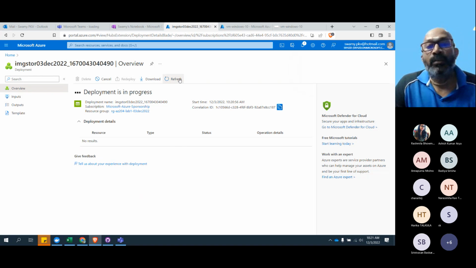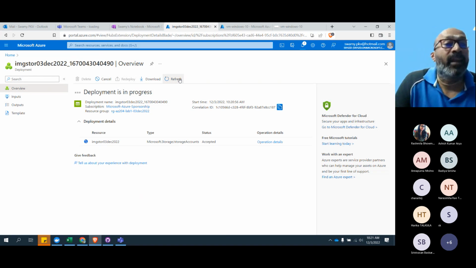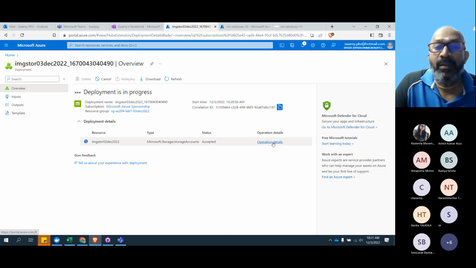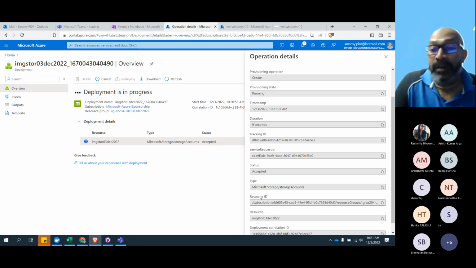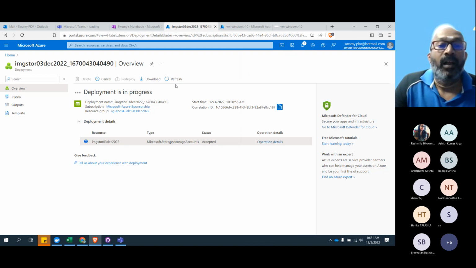Here also there is a lot of knowledge we can gain about where the deployment is happening. We can get the operation details, what it is doing, and what type it is creating. Microsoft.Storage accounts. So at least you should be able to identify the type of things it is creating. Okay, and let's come to the deployment a little later.